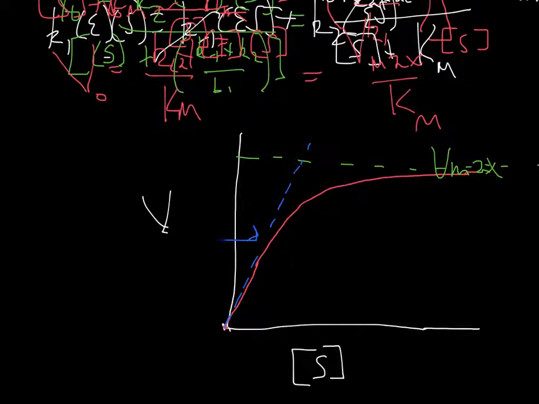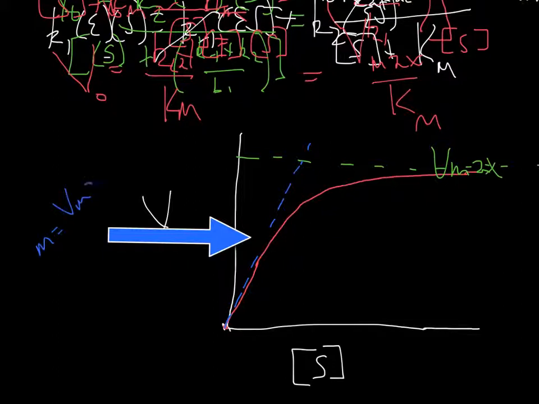Here, let me erase that because I'm going to put in a real arrow. That line, now that's an arrow. The slope of that line right there is your Vmax over Km, or your kcat times E over Km. Okay, so the slope, M, is equal to Vmax over Km. The reason why I wanted to point those out,